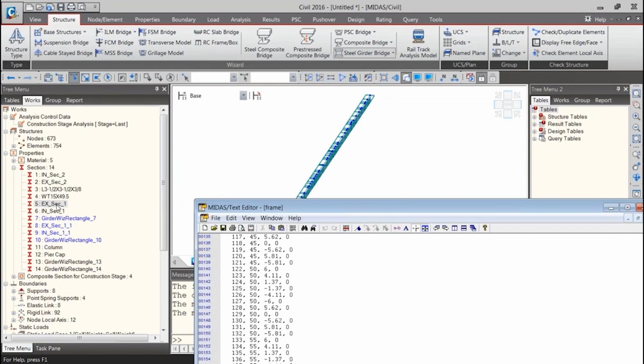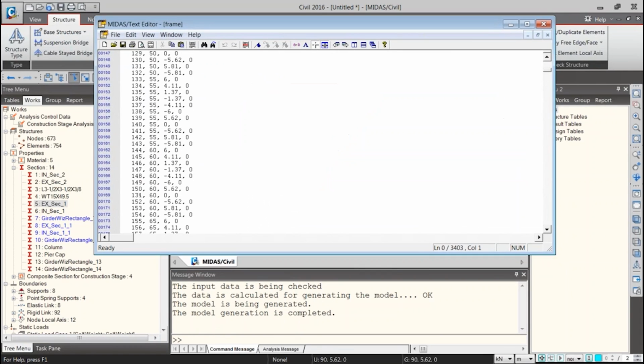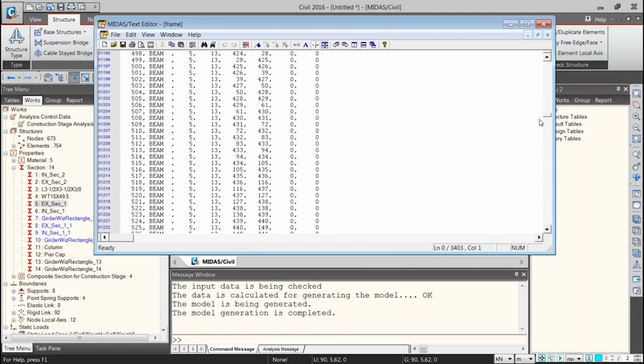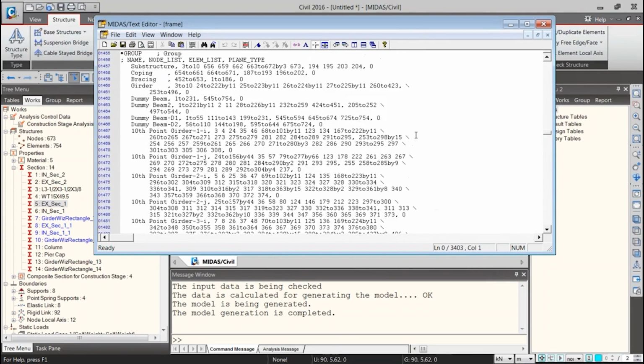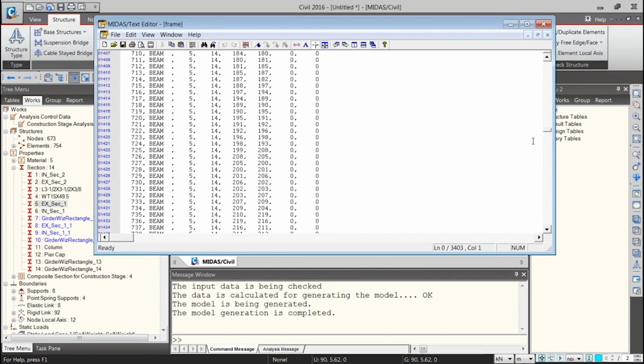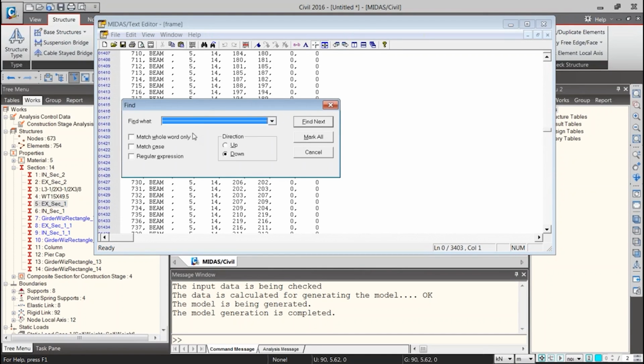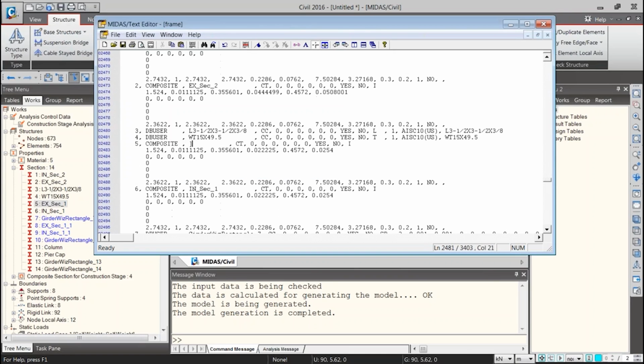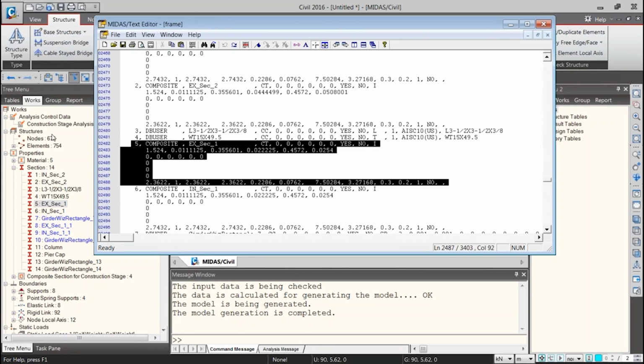This is the fifth section, that is exterior section 1, you can see here. So we'll just put this. Yeah, so you can see this is the command that is there for the exterior section.